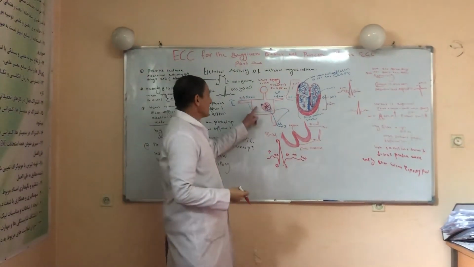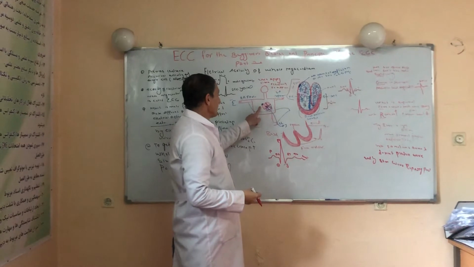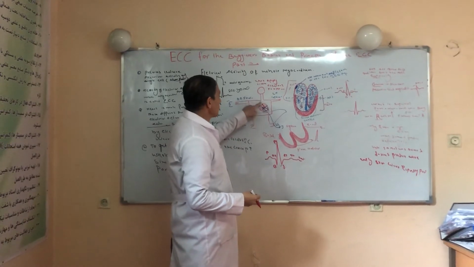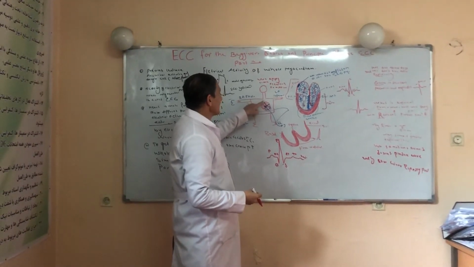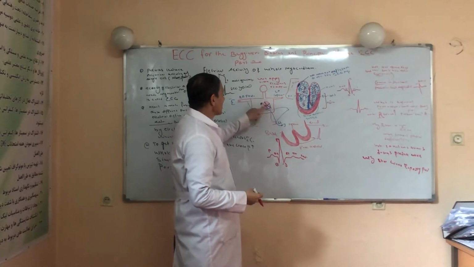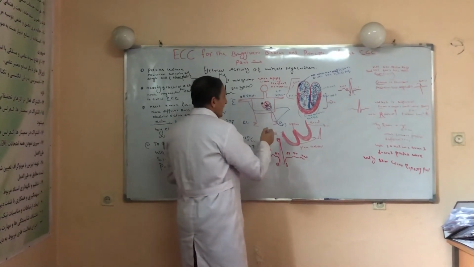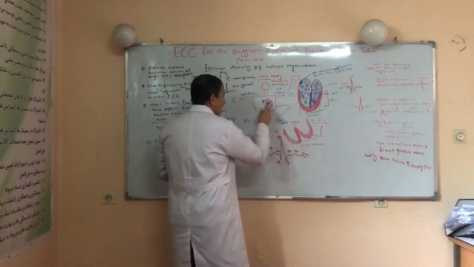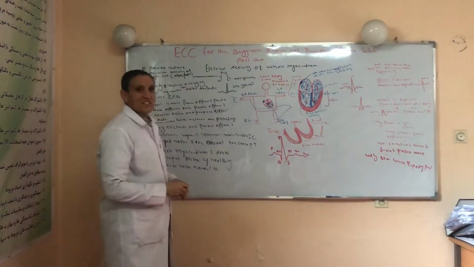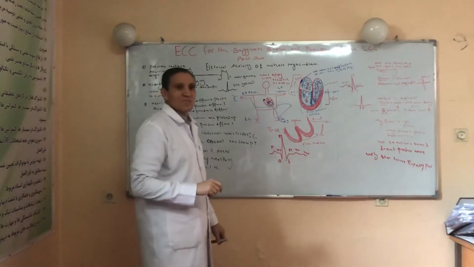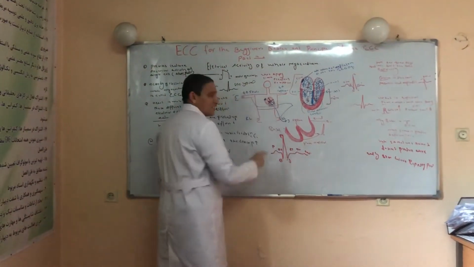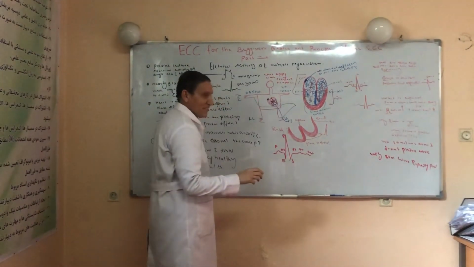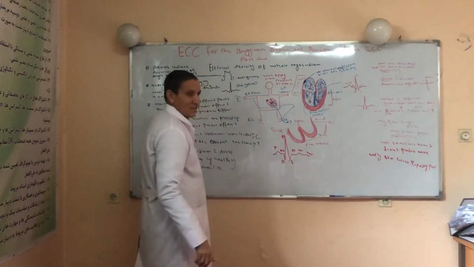Again, after the SA node depolarization, the right atrium is depolarized. Right atrium depolarization is represented by a small vector. After the right atrium, we go to the left atrium. The left atrium is also depolarized. The electrical activity of the right atrium and left atrium produces a single vector, and this vector moves downward and leftward to depolarize the ventricle. But when this vector reaches the AV node, the electrical impulse stops for a short time, for example 0.04 seconds. This delay is a nice, physiological delay, because during this period the atrium contracts and empties the blood into the ventricle.